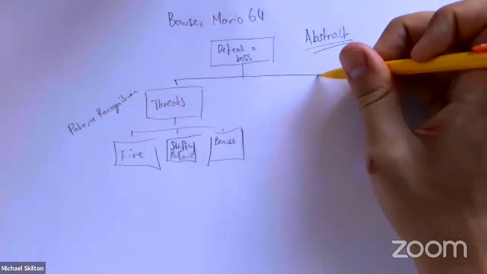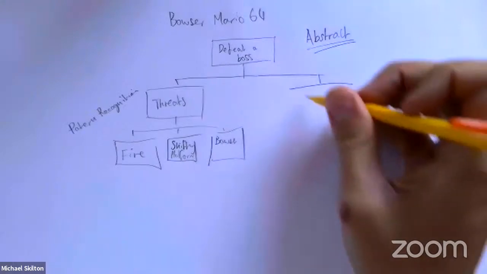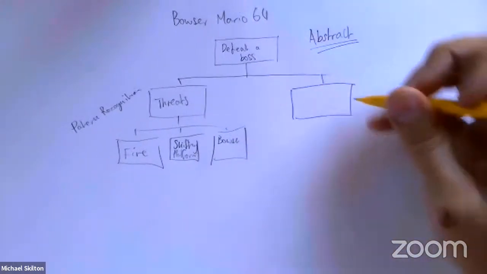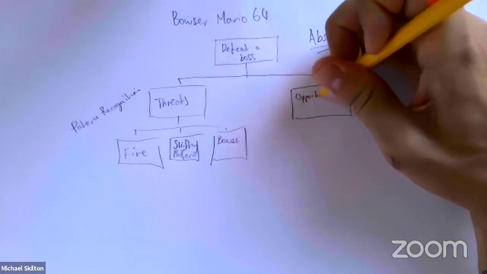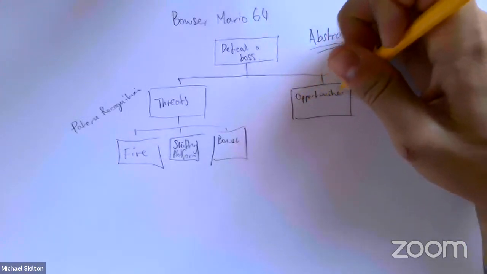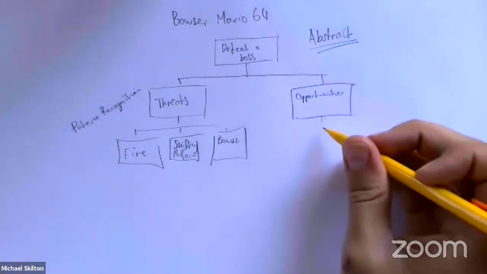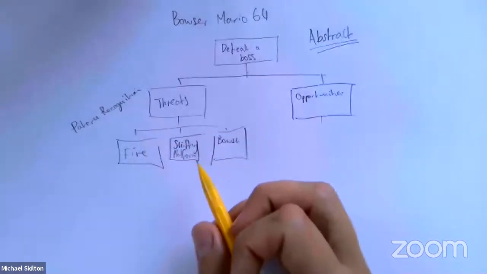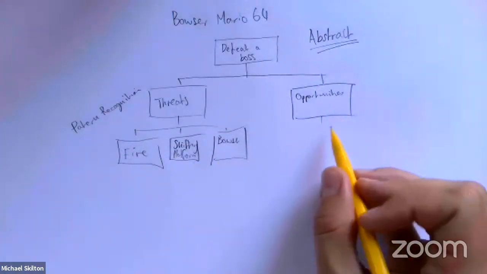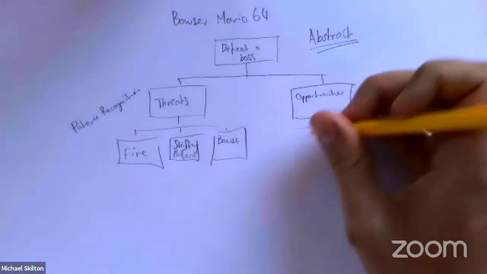Moving on to this side, if we've got threats on the one side, what people in business often talk about with threats is also opportunities. So what were the opportunities when fighting Bowser from Mario 64? And you can apply this to any boss battle that you've gone through. Well, perhaps